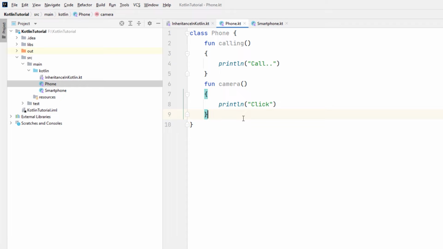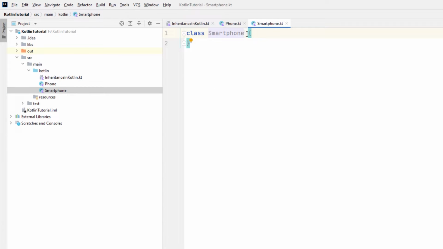Now, the smartphone will not create another calling and camera function because that is already in the phone. Why do we need to create another calling and camera function? So what we'll do is inherit. So can I inherit now? If I use the colon and then Phone,